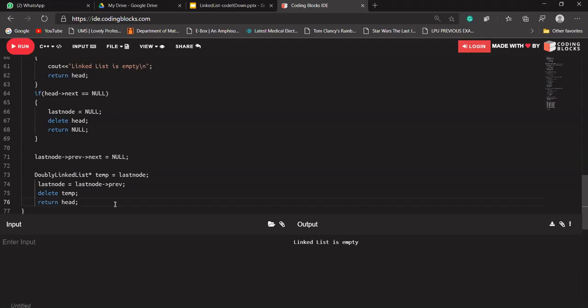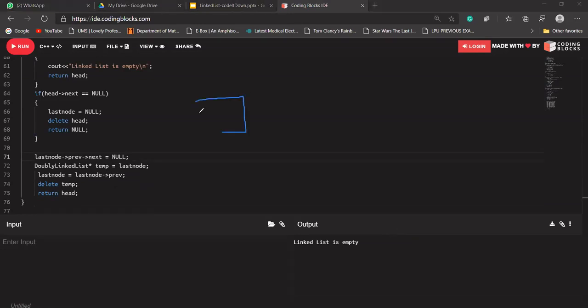Yes, Shay, I think you got that point. I was not able to get that. So let me make you understand it by the diagram itself. Shay is saying that, let's say our last node is pointing to this node, and first update that last node should point to this node now. Okay, now our last node is pointing to this node. So in this node, its next part, the address of this node will be stored. So Shay is saying delete this node, and now last node's next should point to a null value.